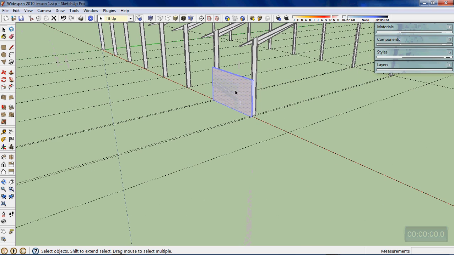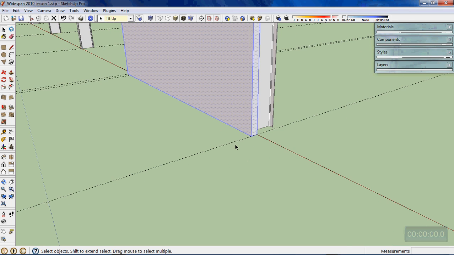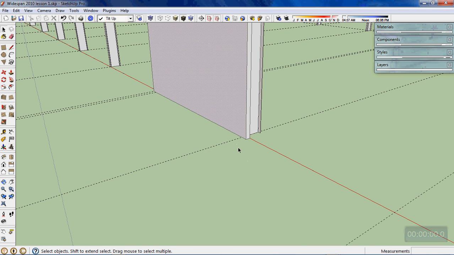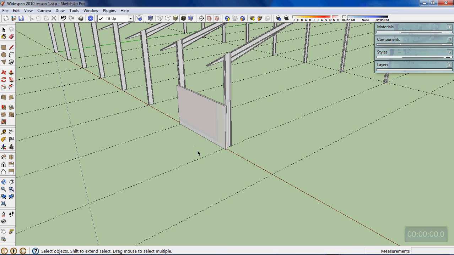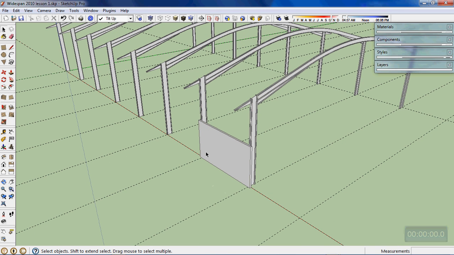I'll just clean out, like I've said, these set out lines that sailed past 200, and I've got my first concrete tilt-up wall in place. So I will triple click that, and then using the move tool, change move to copy by pressing Control. So we're now in the copy command. I will go from somewhere on this grid line, click, and as long as I've got a red rubber band, the best way to maintain that red rubber band is to press and hold the Shift key. That'll constrain it to the red direction,